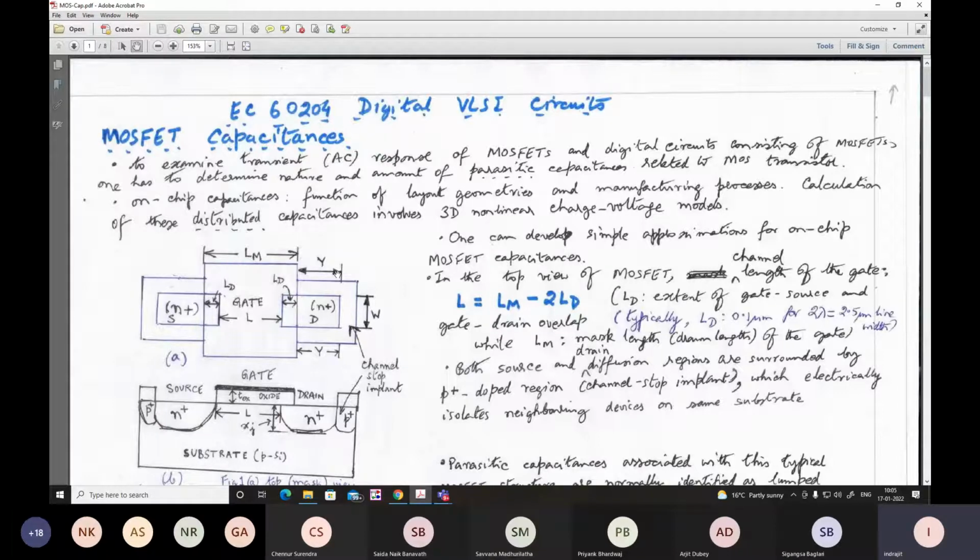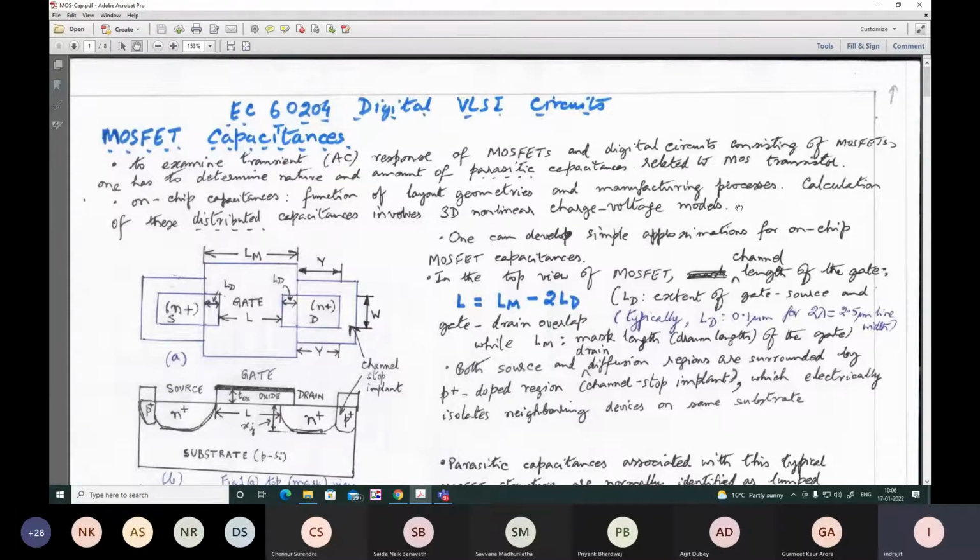Now, in general, the capacitances are a function of the layout geometries and also process technologies, and also these are very complex. If you have to take an accurate measurement, then they have to be visualized as distributed parameters, involving complex 3D calculations. But we shall take a simplified picture so that we can approximate them as lumped parameters, knowing for sure that in actuality they are distributed. But at some point of time, we have to make the calculation simpler.